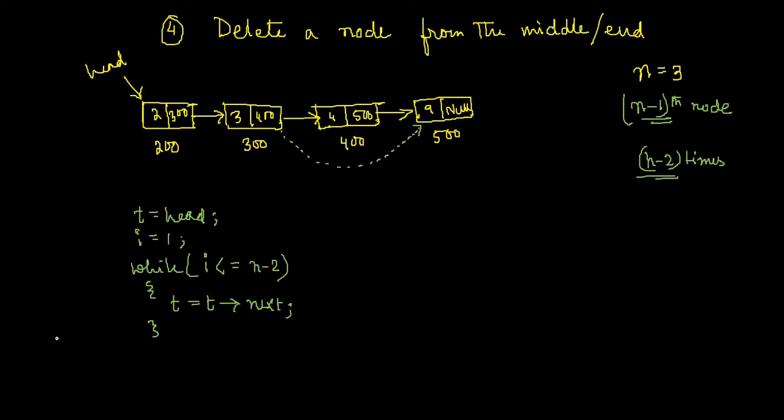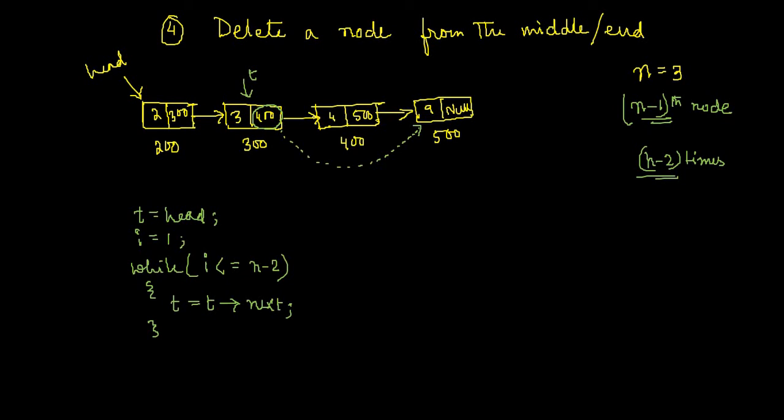And it will basically point to this node, only once it has traversed. Fine. And yes, I want to stop t over here, because I want to access this next node, next part. Because in this next part of t, it should contain this 500. So after stopping this loop, one thing we are sure, wherever I am standing right now, the next node of that has to be deleted, right?